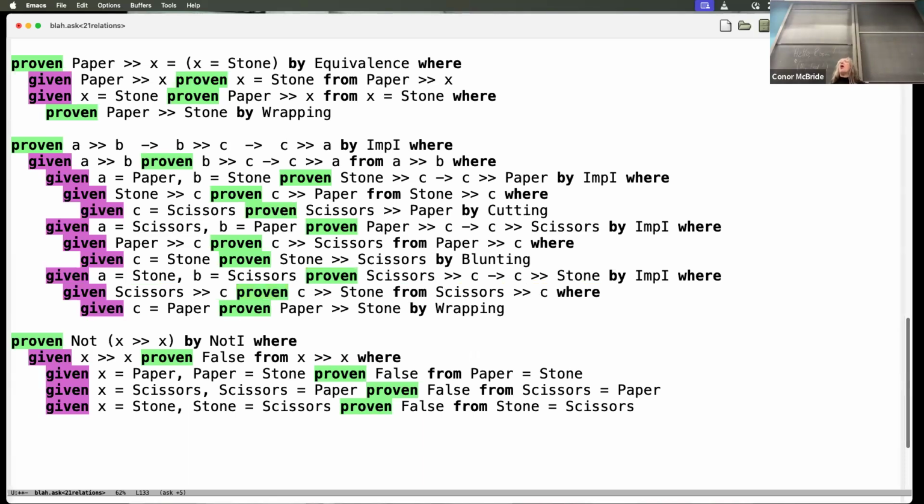That's a nice little bit of inventing a little system which has its own particular rules and reasoning forwards towards conclusions, invoking those rules by wrapping, by blunting, by cutting, but also doing the detective work to ask if you give me something beats something assumption, how could it possibly have been true?